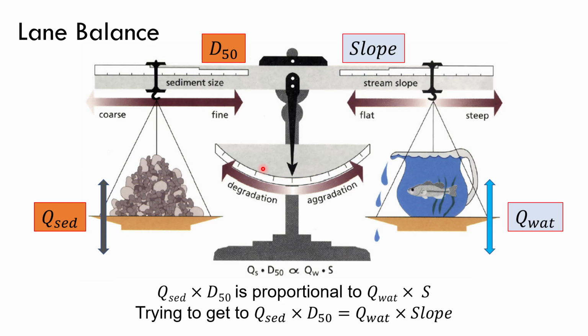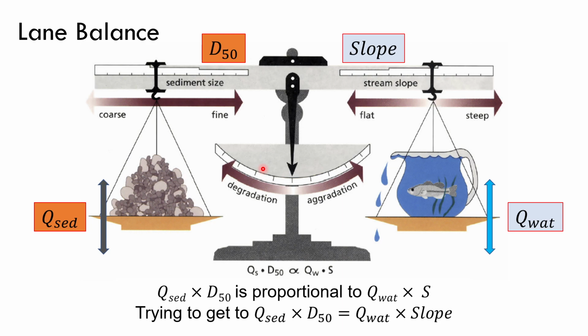Okay, so one way to conceptualize some of this change and how the river might change over time is to use what we call the Lane sediment balance. This was developed back in 1955 as a conceptual model of how water, sediment, and things like stream slope affect erosion or aggradation, and in what direction the river might change if we change